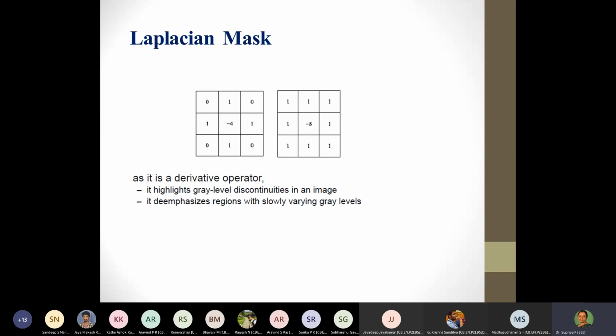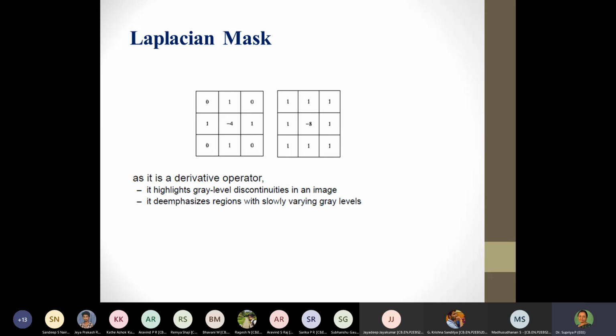One of the advantages of the Laplacian mask is that since it is a second derivative, it would easily capture slowly varying brightnesses, slowly varying changes. And just like the other one, here also it can detect the gray level discontinuities in an image. The question remains whether we should go for a first order derivative or a second order derivative for detecting the edges. If image edge detection is given, naturally the image is also given as a reference.